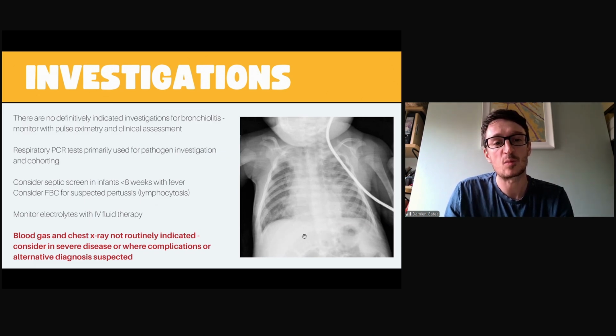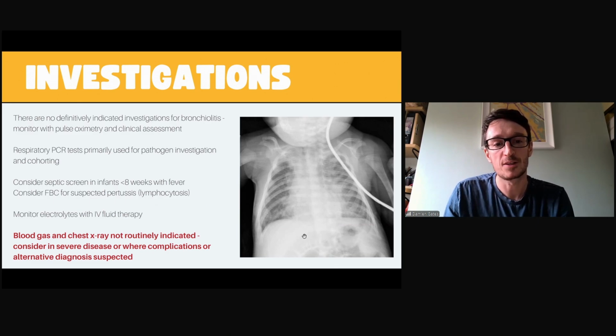And also, if you suspect that your differential might include pertussis, i.e. if there's really prolonged coughing spells that are associated with desaturation and apnea and vomiting, you might want to consider a full blood count to look for lymphocytosis, as well as your nasopharyngeal swab for pertussis and your respiratory PCR